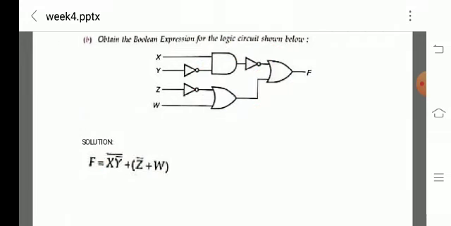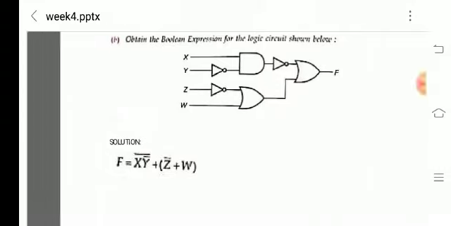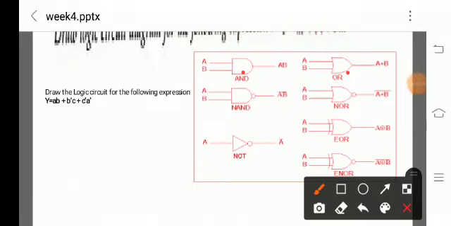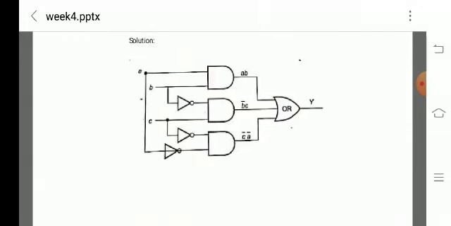Okay, so in Boolean algebra, you have to study the AND gate, OR gate, then NOT gate. Opposite to the OR gate is the NOR gate. Opposite to the AND gate is the NAND gate. Then if there is an odd number of 1s, it is the XOR gate. If it is an even number of 1s, it is the XNOR gate, which is the opposite of the XOR gate. Okay, thank you.